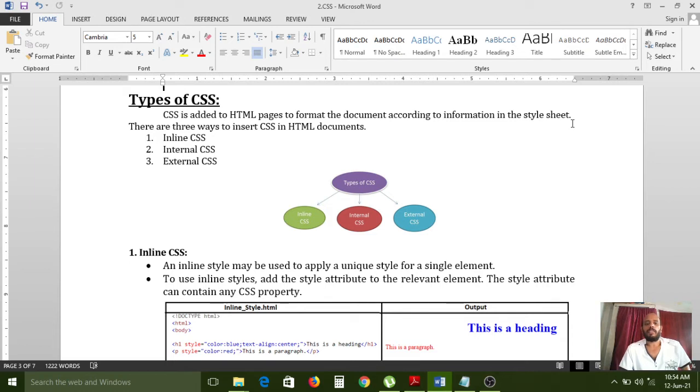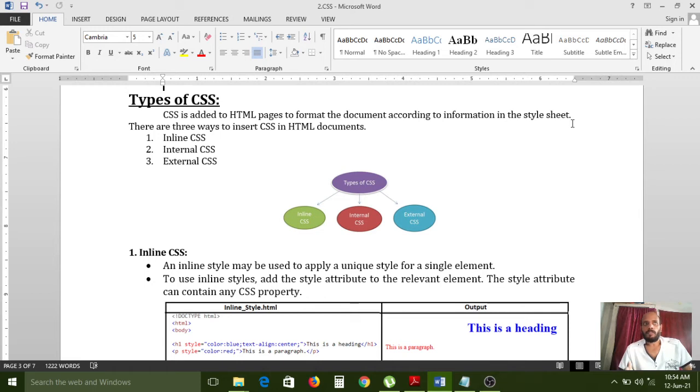Without using CSS styles, if you develop any HTML web page, that is only a pure HTML page, it is not an effective look. So if you want to show your website with an effective look, a very colorful website, in that case we can use CSS files.